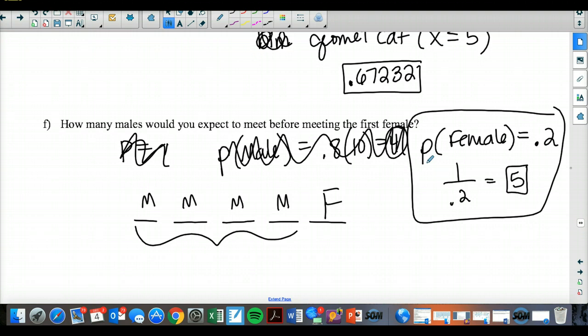Oh yeah, 0.8 times 5. 80% of what you see in the 5 people would be males. That's where the 4 comes in. But this makes sense to me. If the 5th trial is a female, then the first 4 must have been males. That's the only other option. All right, so we are